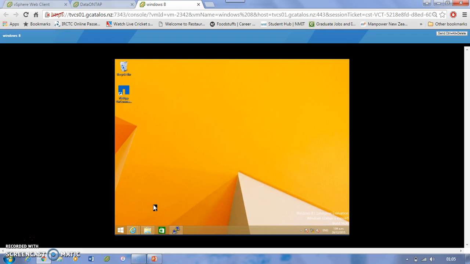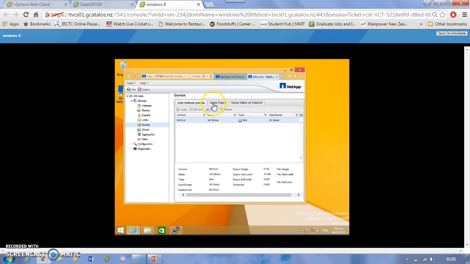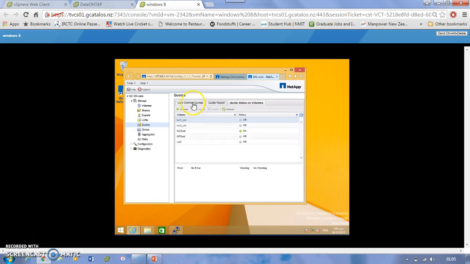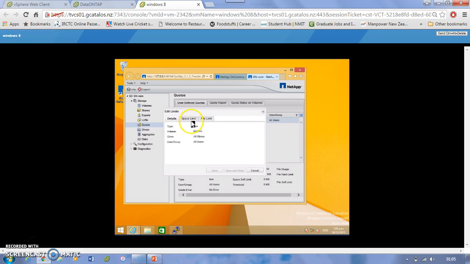Then the next task is modify etc quotas. This is a simple matter, as we have to go to share and all. Yes, then we have to see the quota report, status of the volume, and user defined quotas, and then you have to select the NAS volume and click edit limits, and then you can see the space limit, right? Then after the space limit you have to select